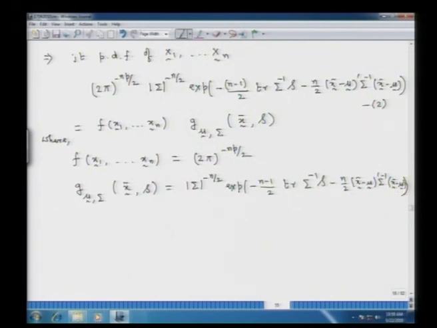So, this is a term which depends on sigma; sigma is here. It depends on mu; mu is present here and here. And it depends on x1, x2, xn, the random sample, only through the two statistics, the x bar vector, the sample mean vector, and S, the sample variance covariance matrix. Hence, this particular factorization is in the form of the Neyman-Fisher factorization, and hence by the Neyman-Fisher factorization theorem,